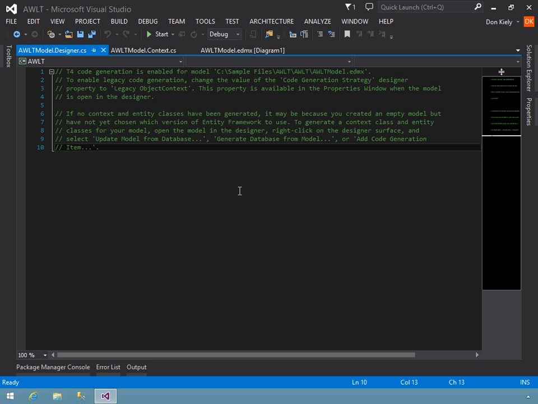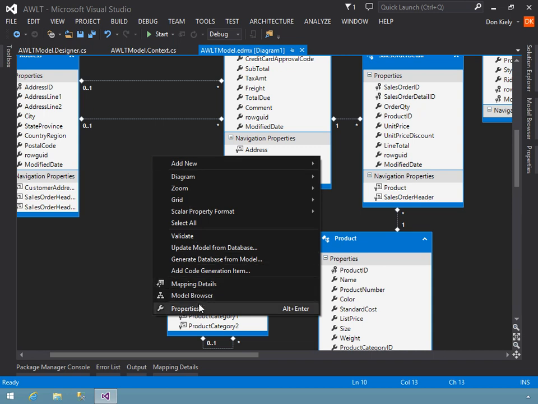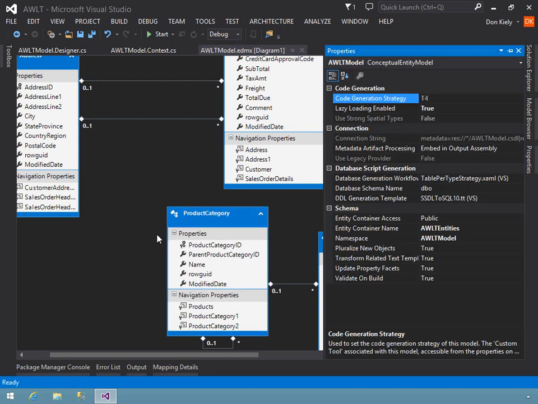Okay, so again, going back up to this first paragraph here. All right, so code generation strategy, designer property, set it to legacy object context. Okay, so let's do that. So I'll right-click and select properties, or I could have just gone to the properties window there. And notice that here is the code generation strategy. And if you look at the value here, if I can expand that,